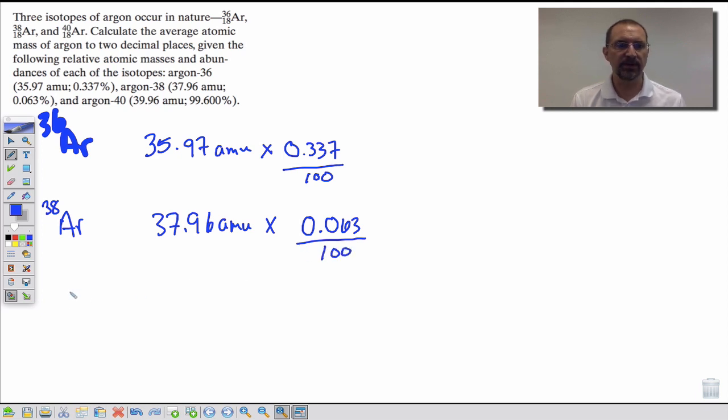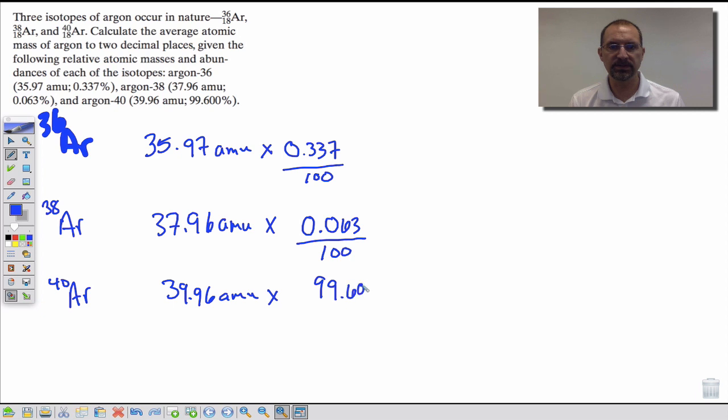And then we have argon 40, and that has a mass of 39.96 AMU and an abundance of 99.600%. So I'm going to divide that by 100. Now I've got my calculator. 35.97 multiplied by 0.337 divided by 100. And when I do the math there, I get